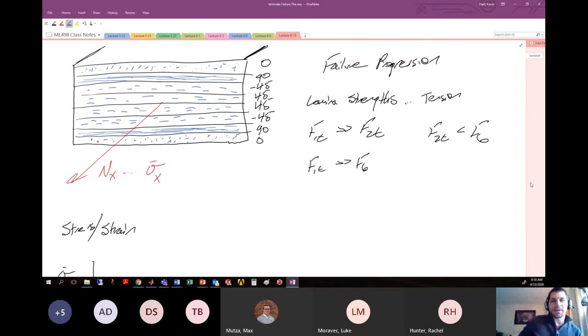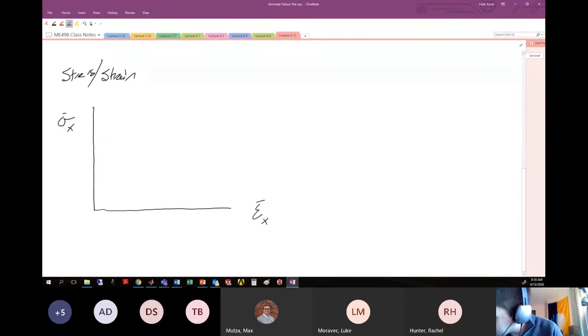Originally when we're loading this up, it's going to have the modulus of the laminate. So you know how to calculate the laminate modulus, right? Figure out what the little a matrix is and use that in your laminate engineering properties calculation. It's something like you did for homework number 1. So this is going to load up originally with some stiffness that is E bar X. So originally it's just going to load up, load up, load up. Okay. Then sometime later,